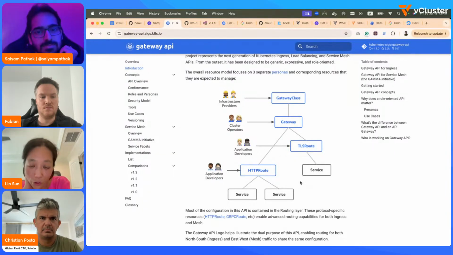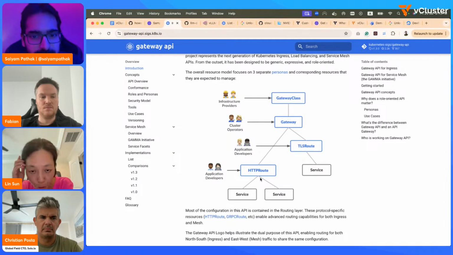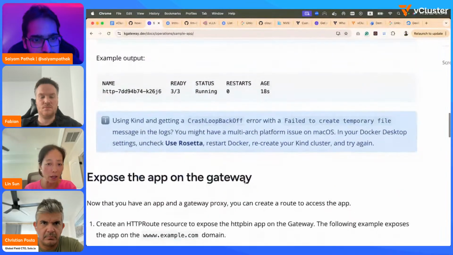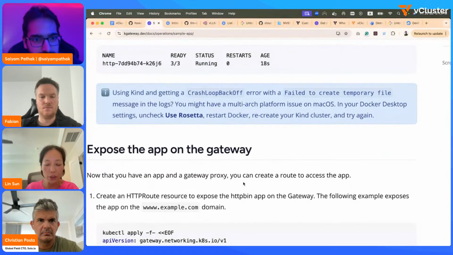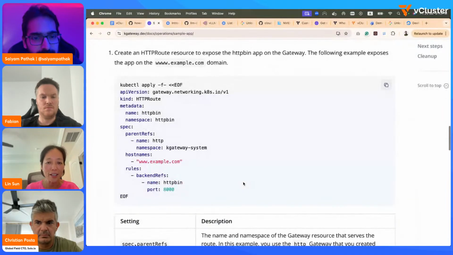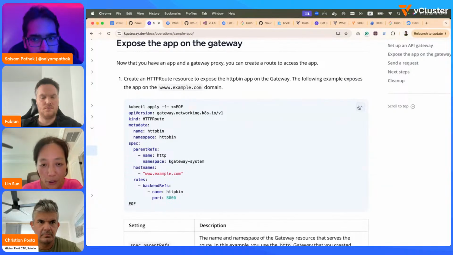So the next thing you have to do, if it's HTTP traffic, is create an HTTPRoute resource and deploy that resource to your cluster in a namespace. Which is what this is showing, right? So this is an HTTPRoute configuration.